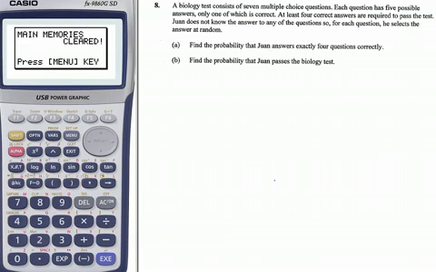Question 8 deals with binomial distribution. We have 7 multi-choice questions, and each question has 5 possible answers. As the student is going to guess the answers, we have a probability straight away for his chance of getting the question right. In answering A, we know the probability that he gets the answer correct, as it has 5 possible answers and he's guessing, is 1/5,